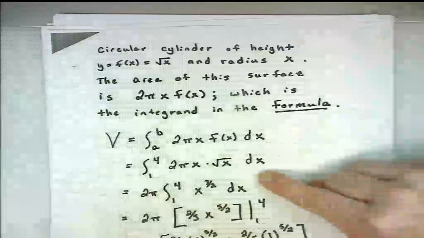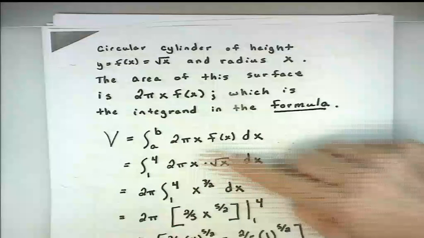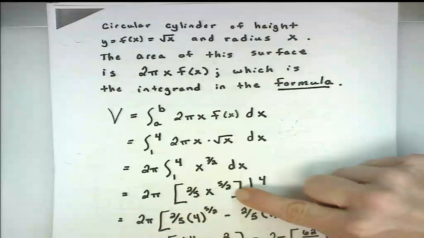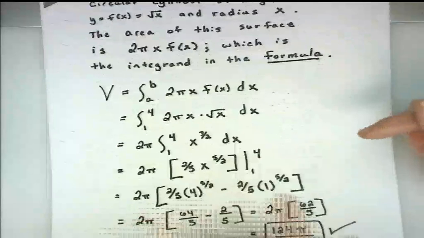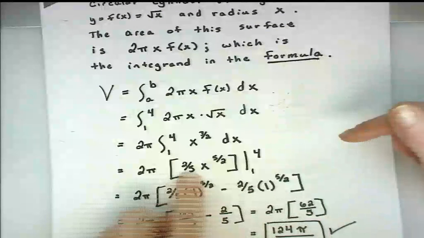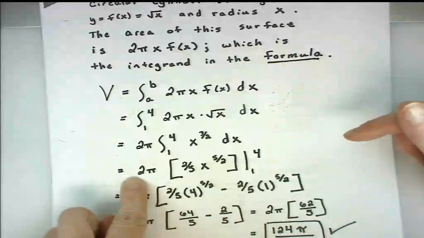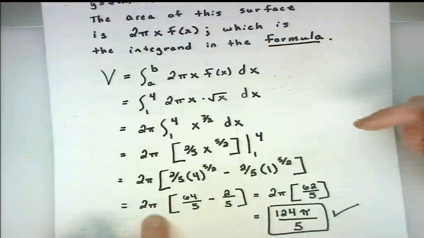You have times x times x to the 1/2. The antiderivative of x to the 3/2 is 2/5 x to the 5/2. It's up to you. I did not at this point, and I simplified and got a